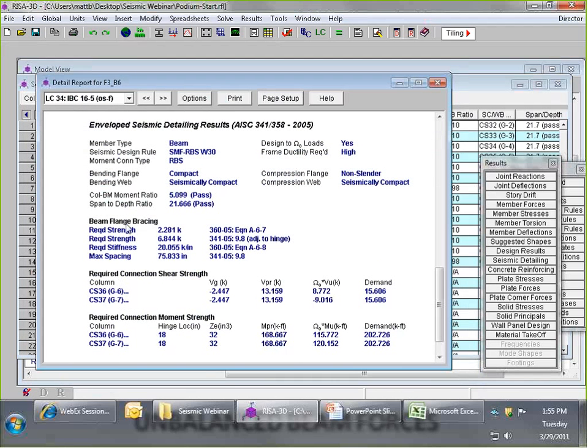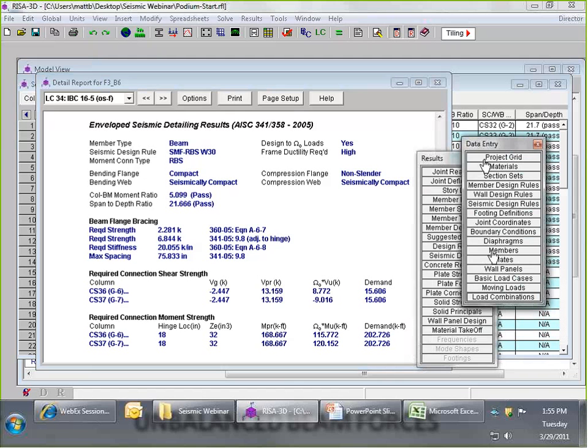Coming down a little farther, we get our beam flange bracing reported here. Now, this is the bracing that's going to have to occur on the beam due to this bending. What we get is the required strength of the bracing. Now, in this program, we've just set the Lb values, but we never really specify what exactly is bracing it. It's up to you as the engineer to use this information to figure out something that can actually brace the flange. So we can see, according to the AISC 360, this flange bracing needs to be at no more than 75 inches on center, that the axial strength of whatever's framing into that flange needs to be handled